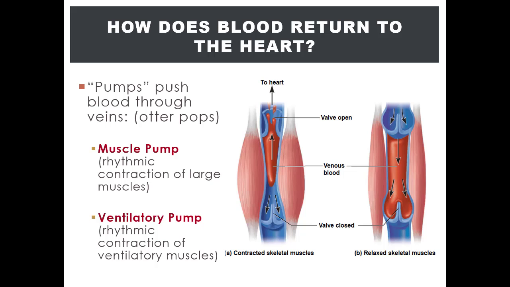We have two external pumping mechanisms that facilitate venous return, which again is blood flow back to the heart through the veins. We have the muscle pump system and the ventilatory pump system. The muscle pump is depicted here in the figure to the right. Veins are compartmentalized in sections that are separated by one-way valves, and you can see that here. Here we see one compartment with a one-way valve down here and a one-way valve up here. Now these are one-way valves, so blood can only flow through one direction, and that is towards the heart.